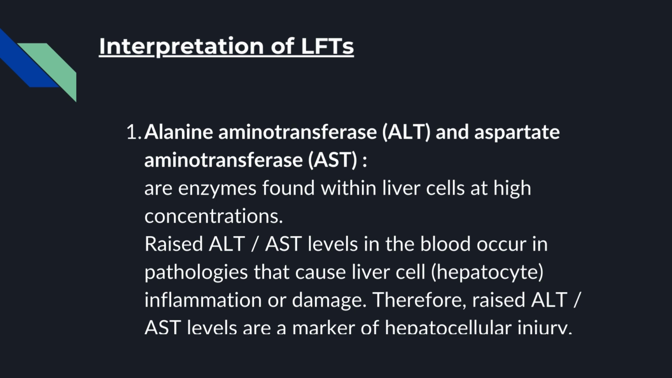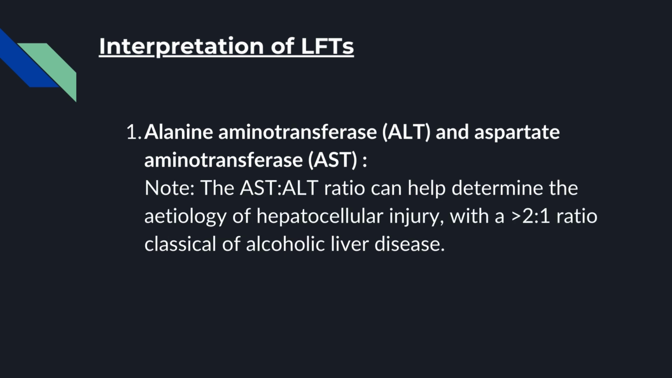Alanine aminotransferase, ALT, and aspartate aminotransferase, AST, are enzymes found within liver cells at high concentrations. Raised ALT, AST levels in the blood occur in pathologies that cause liver cell, hepatocyte, inflammation or damage. Therefore, raised ALT, AST levels are a marker of hepatocellular injury. Note: the AST-ALT ratio can help determine the etiology of hepatocellular injury, with a more than 2:1 ratio classical of